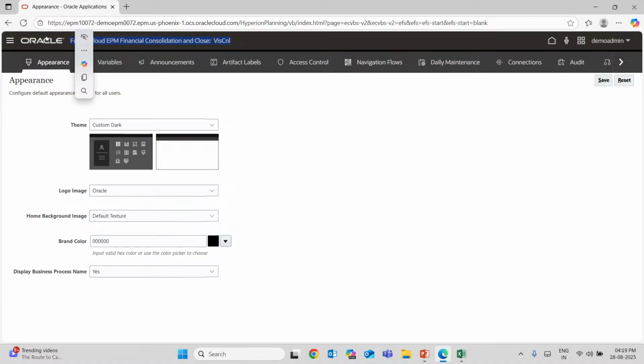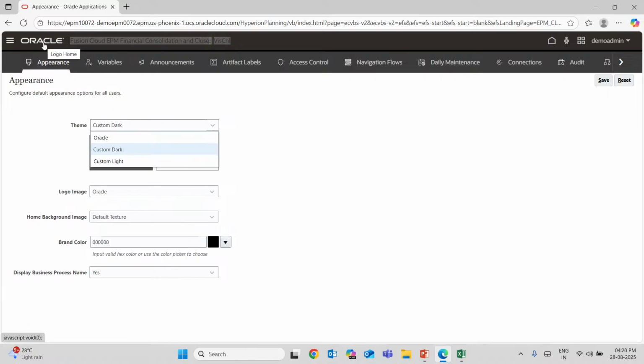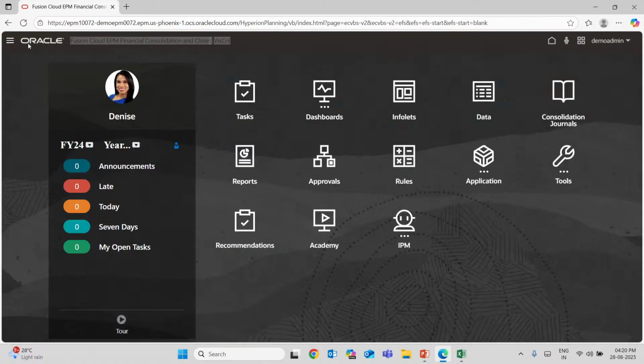Now we can also customize the interface with the navigation flow. Later in the future course, we will look at this feature in more detail. In the navigator menu, I'm using the default navigation flow. So if we go into the navigation flows,